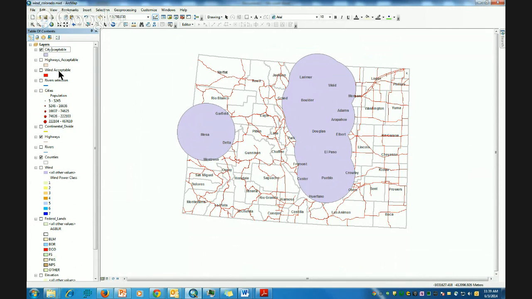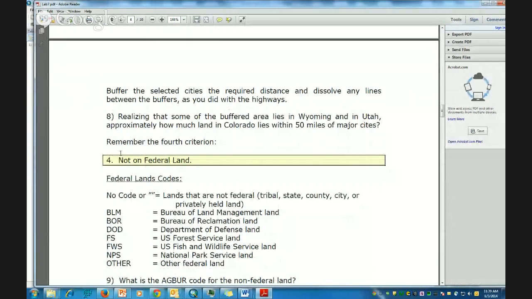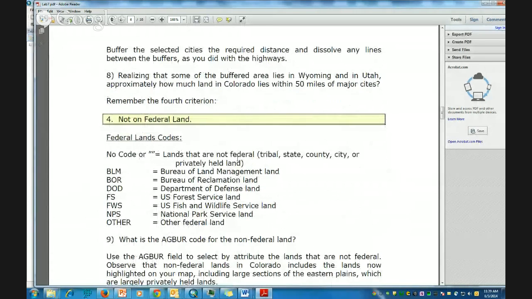City acceptable. All right. So there's 3 of our criteria. Go back to the document, and we'll see that we want it to be not on federal land. Okay, so